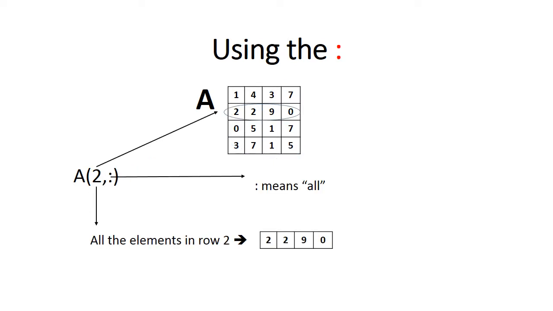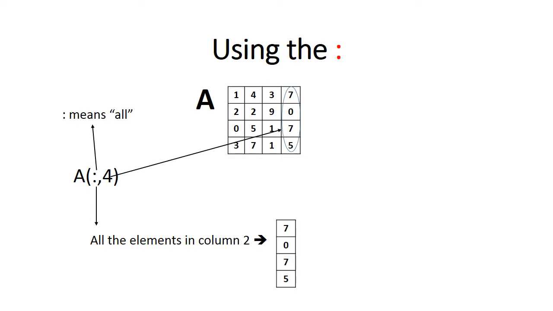When the colon is used on its own, it simply means all. So what we have here is row 2, all the columns in row 2. So your answer is all the elements in row 2. So the colon on its own simply means all. So if you apply that same rule here, we are looking at column 4 and then all the rows in column 4. So our final subarray is